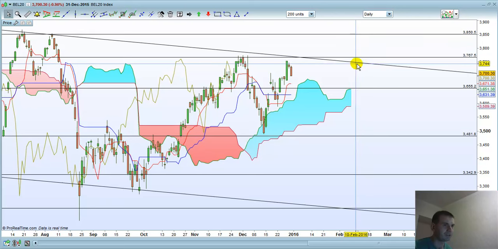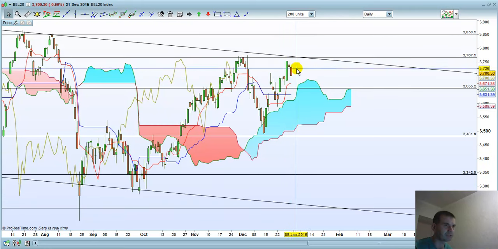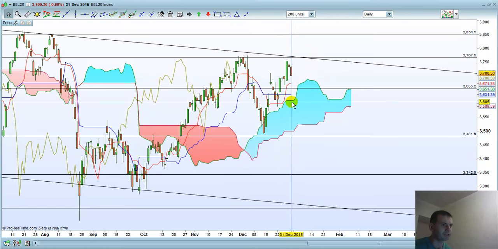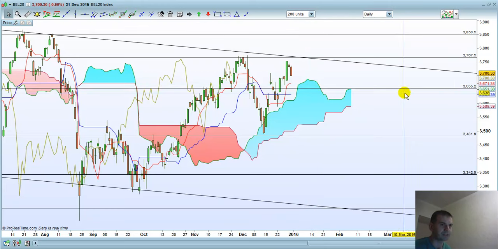The declining channel here in the market, and just price didn't reach this resistance level and reversed, now declines, but the price is over the cloud, and the trend lines are crossed upward, so we should wait a retracement, and then can find the points to buy, or if price breaks this level, this support level, as you can see here,